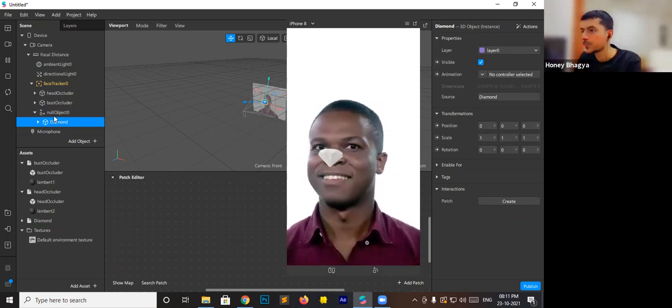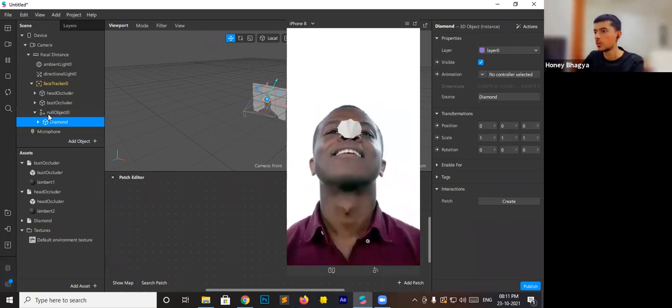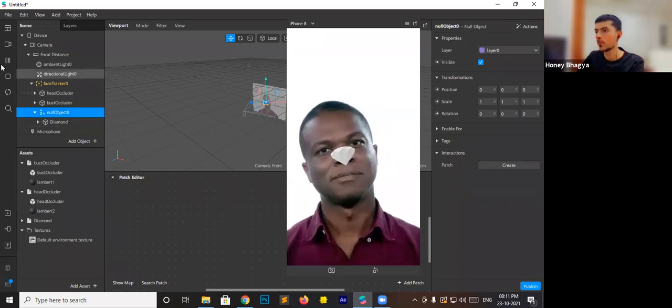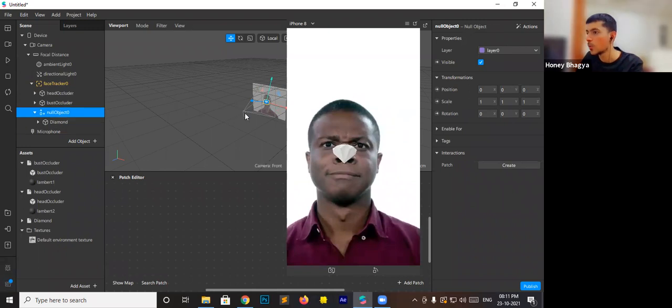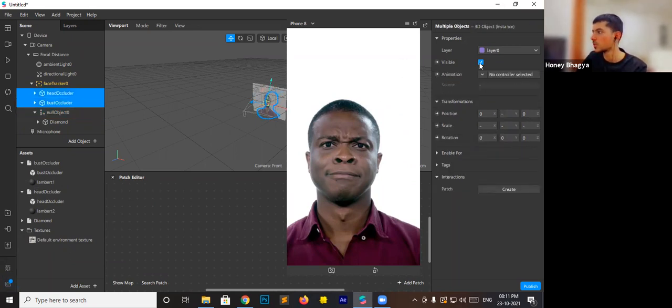Now we are going to, let me stop the preview. And now we are going to send that back. So it's going to be behind the head occluder. The head occluder we created is here, but we decreased the opacity. But now, as you can see, when I push the object back, it's hidden. If I remove these two, it shows. But if I activate it, it disappears.